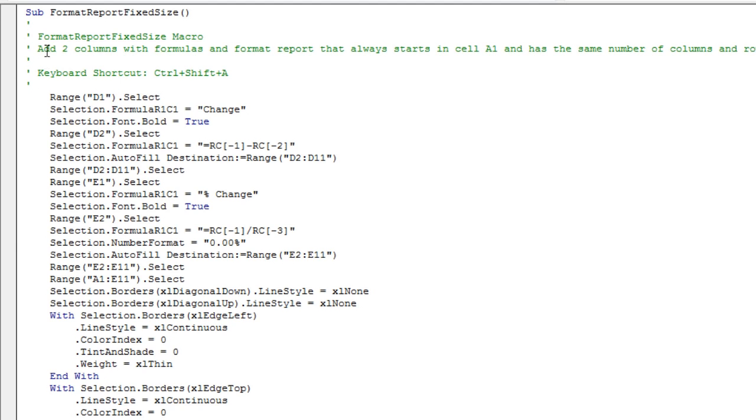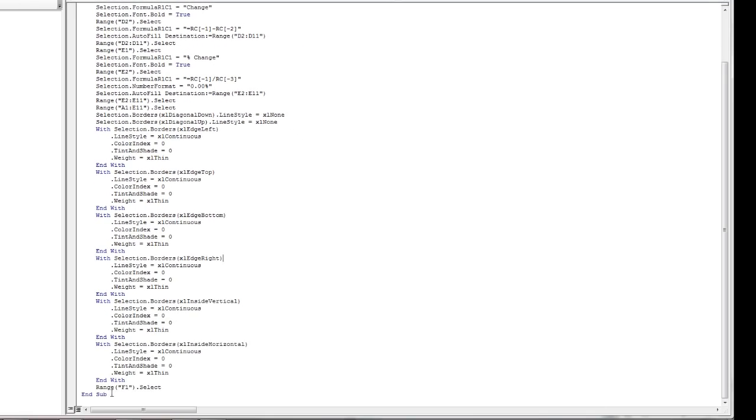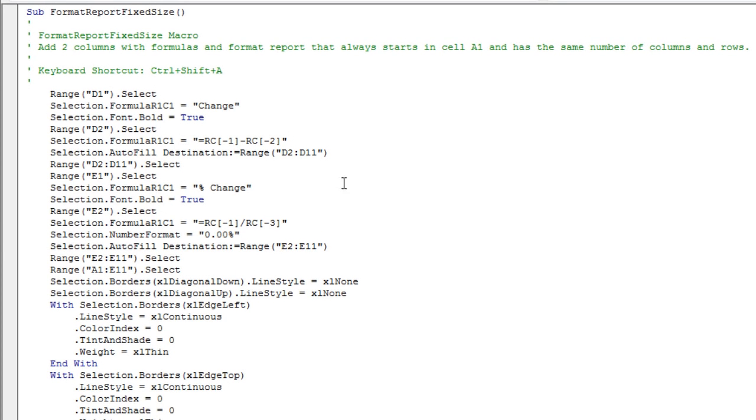These little apostrophes mean we can write notes. Those are the notes that we added, in essence, through our dialog box. Here's all the code, and when we come to the end, it says end sub. Now, we're not going to look through all of this, but let's definitely take a look at some of this. There it is, our very first action,